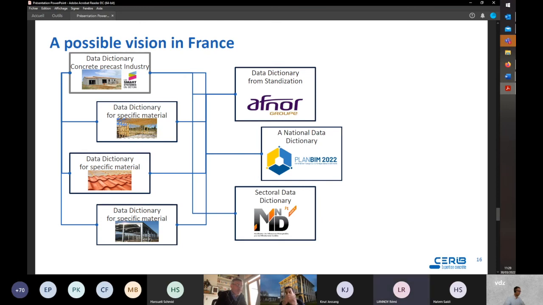After that, there is the connection to dictionaries with a national scope.